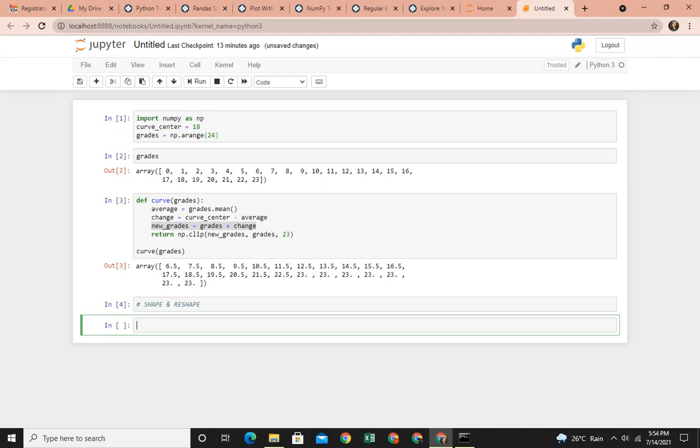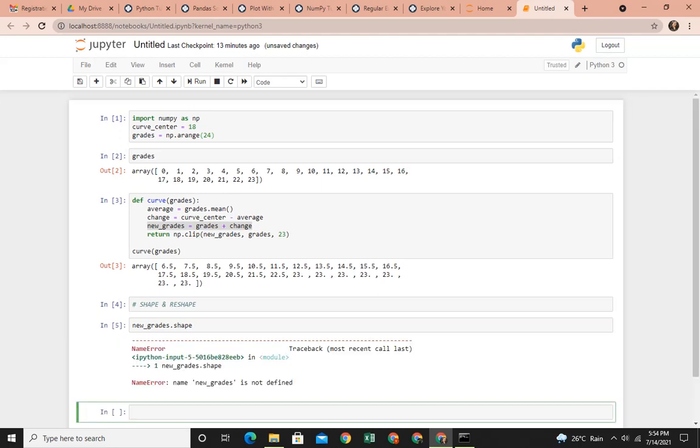So for new grades, if I call the function shape, shift enter. Okay, so then let's say grades.